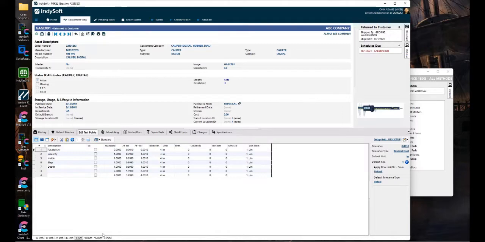You can manually set it or clear it by right-clicking here and saying set to the default or remove the default. So if I click on that one, now you can see I can remove it, or I can come over here and change it and set that as the default. So this is one of the scenarios where you might want to use these, based on the size of the instrument you're dealing with. Another situation